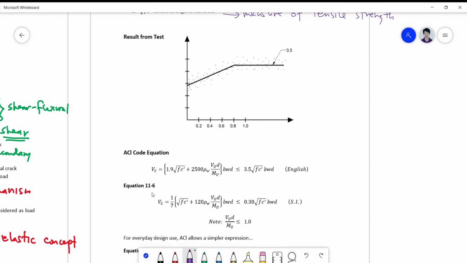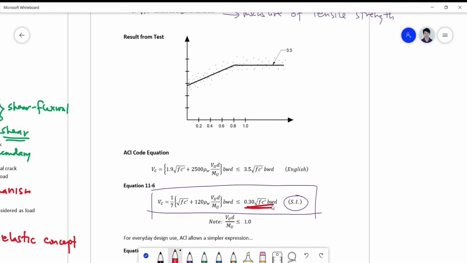This is the one that we are going to use in our formula because this is SI, but in case we'll be using English units, we will be using this formula. So I hope you can remember this formula. And there's a limiting value here, which is 0.30 square root of fc prime bwd, which is your English unit. Okay. So the equivalent of this for your SI is